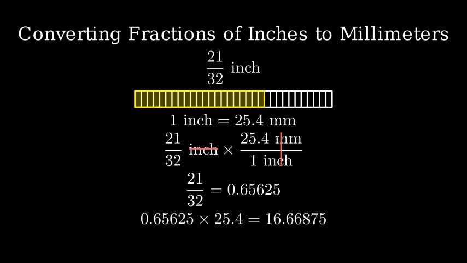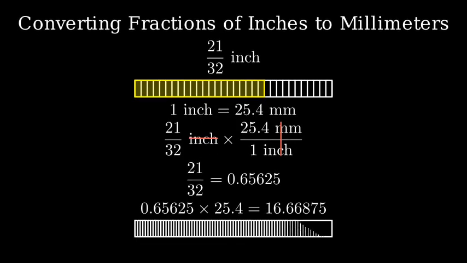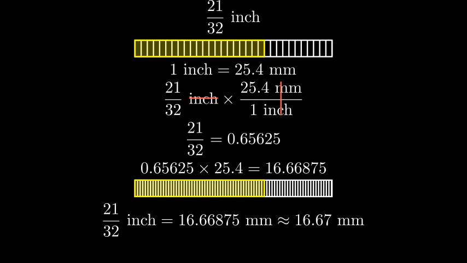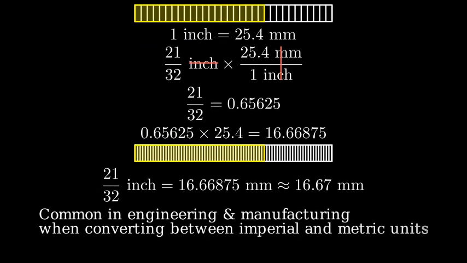Let's visualize this conversion. Here's the same length shown on a millimeter ruler. Therefore, 21/32 of an inch equals 16.66875 millimeters. For practical purposes, we can round this to 16.67 millimeters. This kind of conversion is commonly used in engineering and manufacturing, where precise measurements